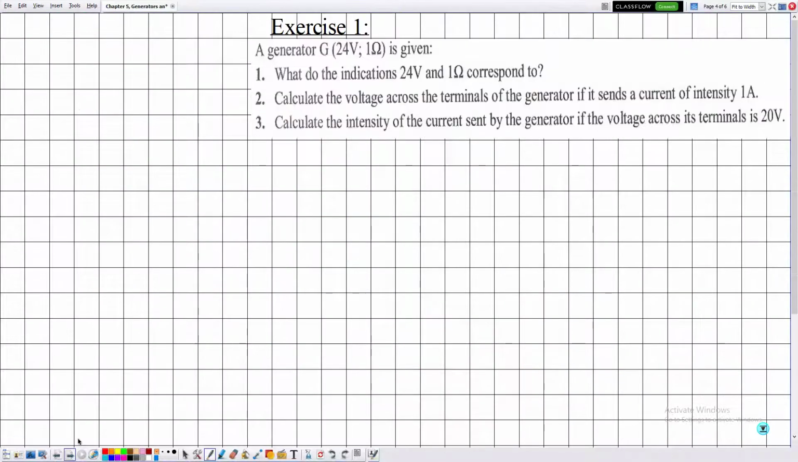Now, as a direct application of what we have explained so far, let me solve the following exercises. Given a generator G, 24 volts and 1 ohm, in number 1 they are asking what the indications 24 volts and 1 ohm correspond to. So this is straightforward. Let me start with the 24 volts: it is the electromotive force, which is the maximum voltage supplied